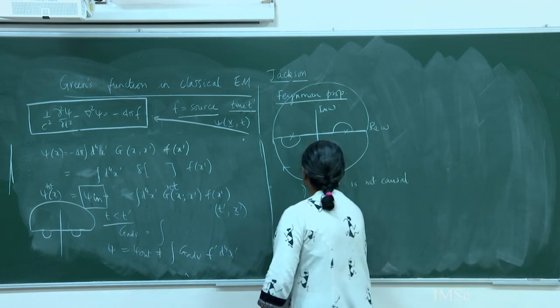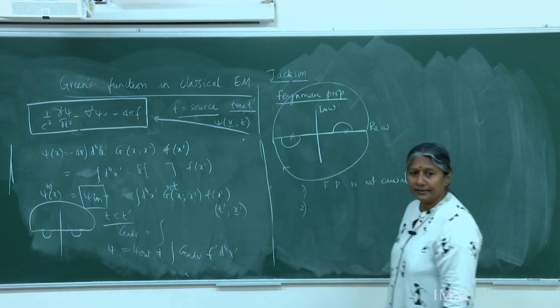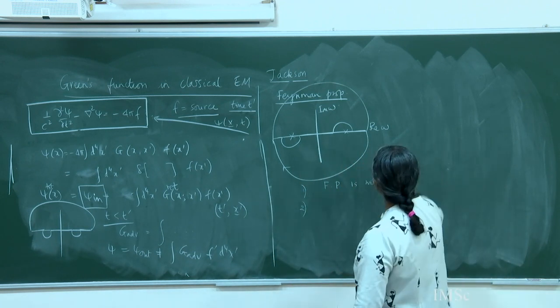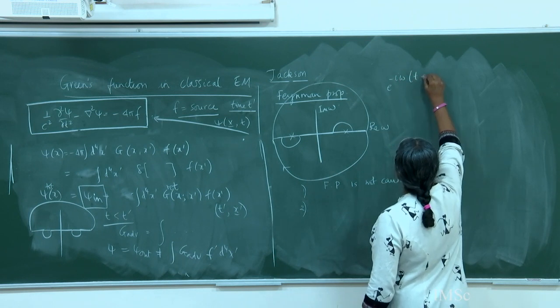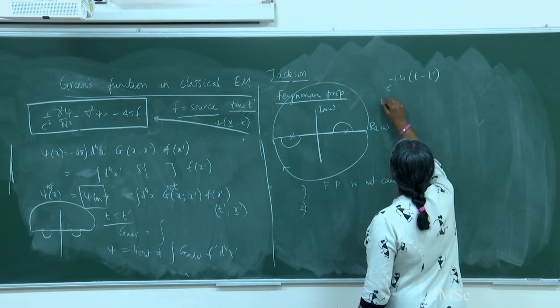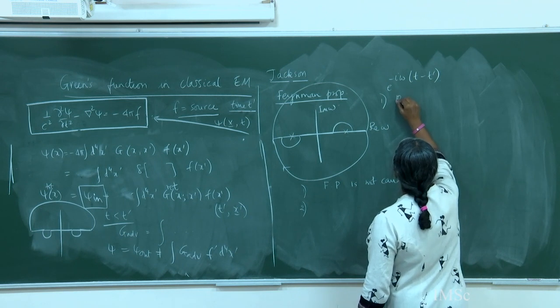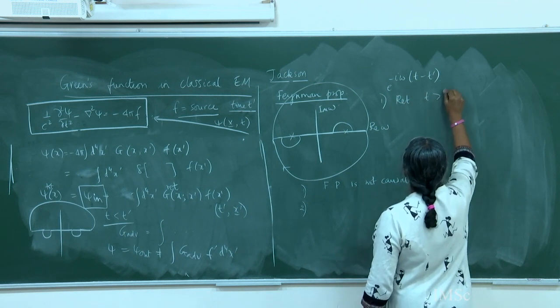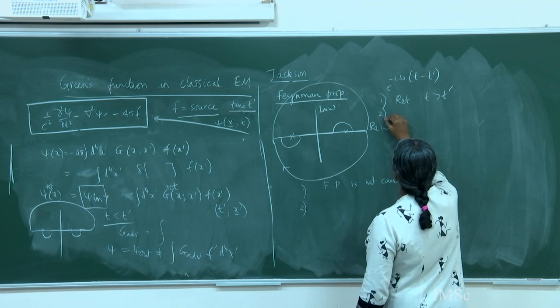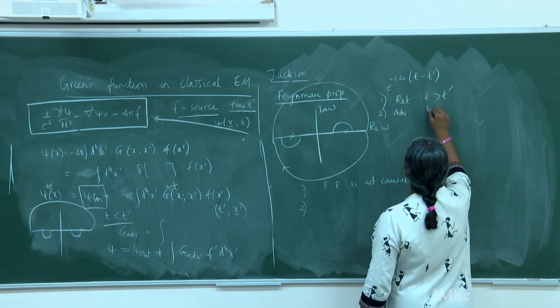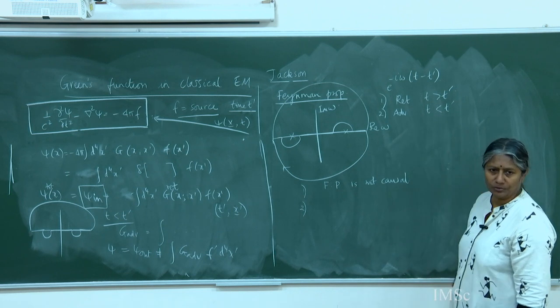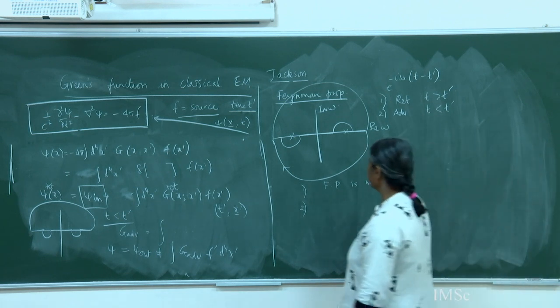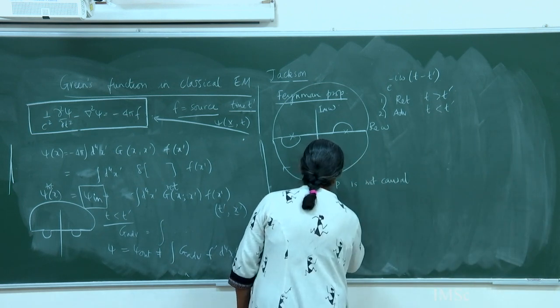The second thing is the way the Feynman propagator is built. You remember how we got this? We wrote e to the minus i omega (t minus t prime), and we solved the retarded Green's function when t was greater than t prime. We solved the advanced Green's function when t was less than t prime. We did not solve it, but that is how you would solve it. Now what happens is that the Feynman propagator propagates